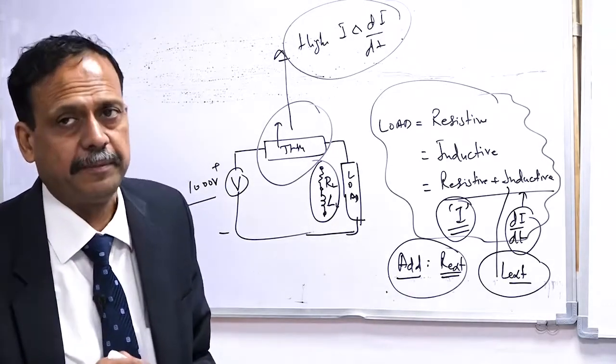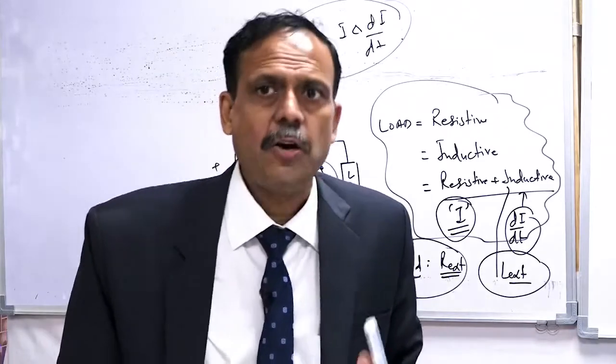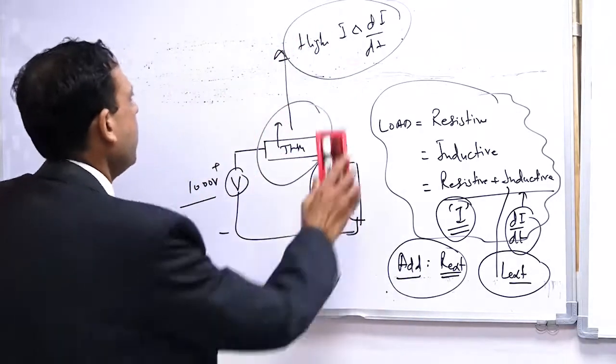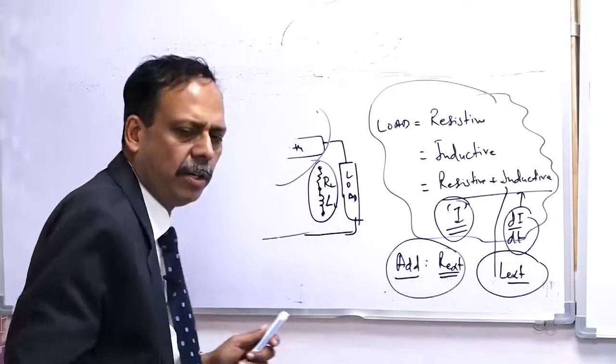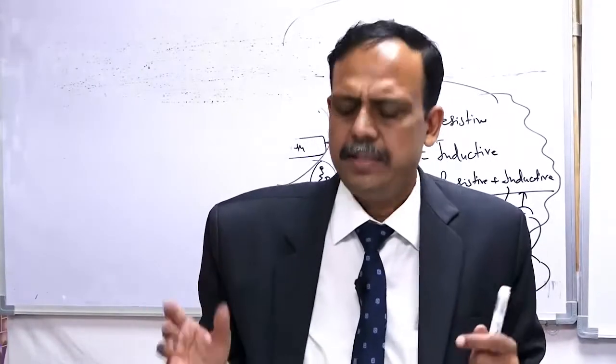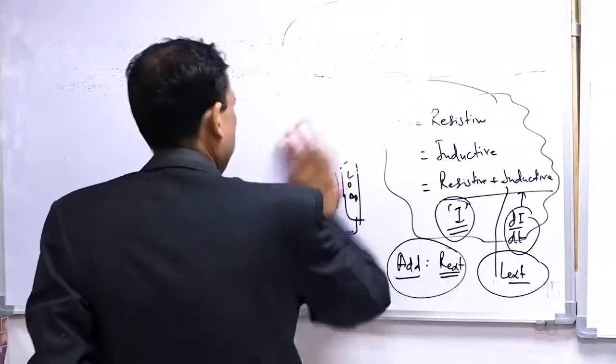Is it clear to everyone? Okay, fine. Now I am going to go back to the thyristor characteristics. Now I think constructionally and operationally I have explained what a thyristor is. Plus, the firing circuits of thyristors will be started from the next class. So the thyristor part is almost clear.